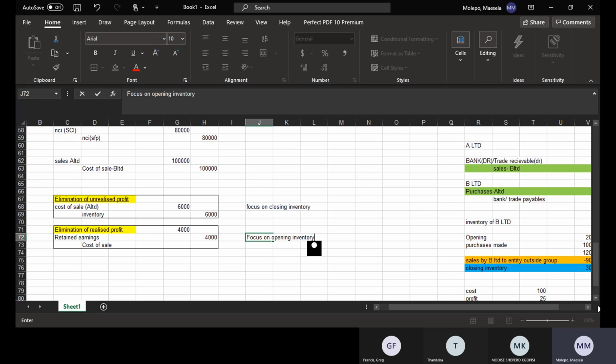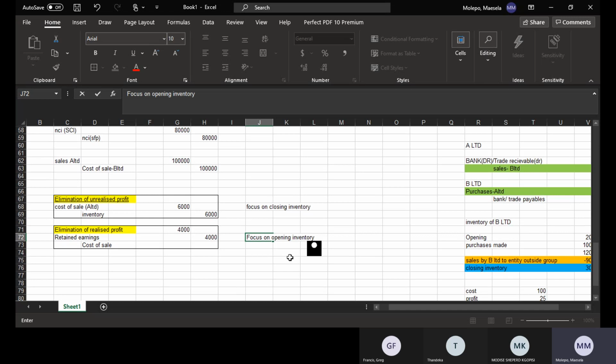So it affected the retained earnings somehow. From the retained earnings of the current year, there is a profit realized at the beginning of the year, so we have to take it out. There is also a thing that you call the test of your